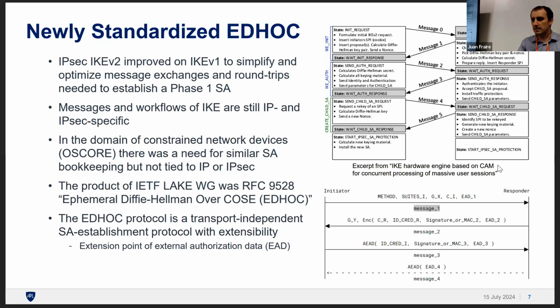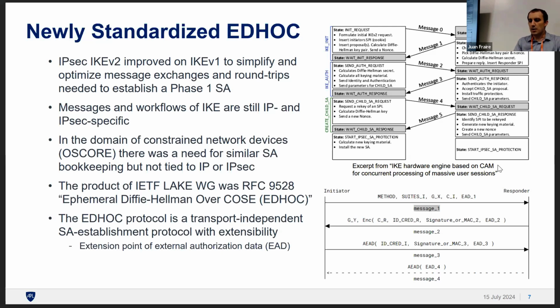The first represents a key exchange and security association negotiation for IPsec IKE, and the second is a negotiation for EDHOC. You'll see that they are very similar in that they both have wrung out all of the extraneous exchanges and unnecessary